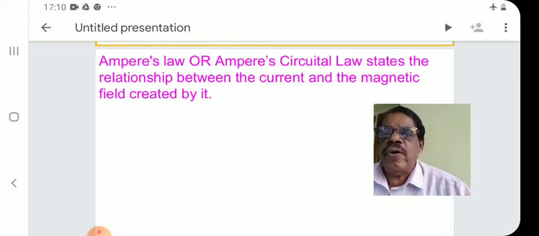The first Ampere's law is Ampere's circuit law, and it gives the relationship between the current and the magnetic field